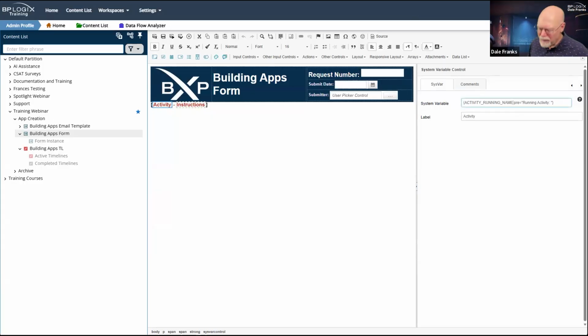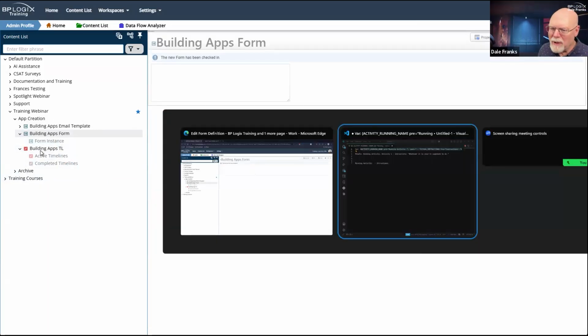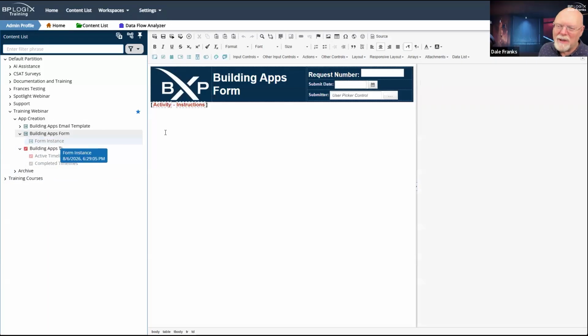It is activity running name. I'm pretty sure of it. And instructions, I think it may be comma based problems here. Let's save my form. Is that form instance still open? Did I close that form instance? I did.